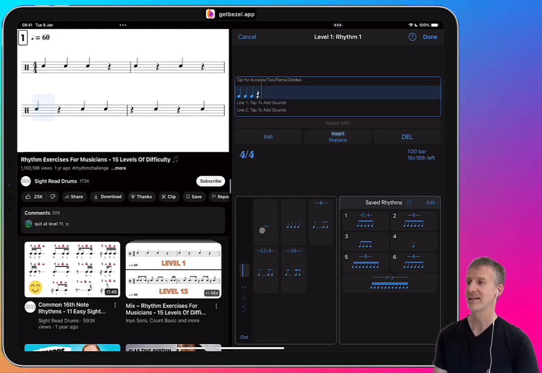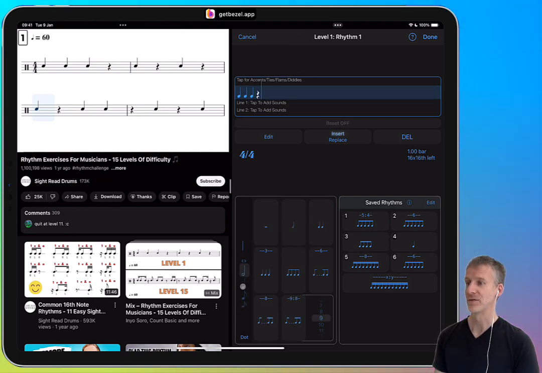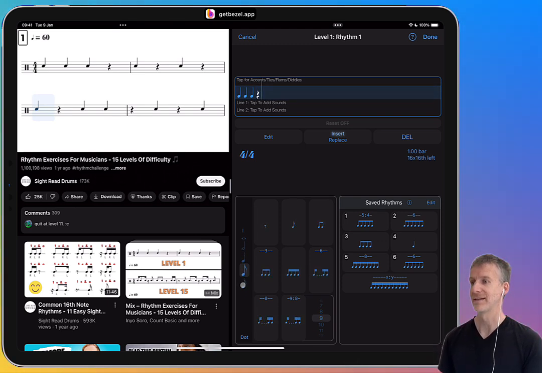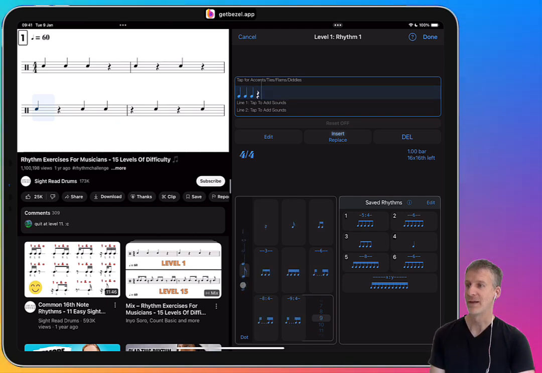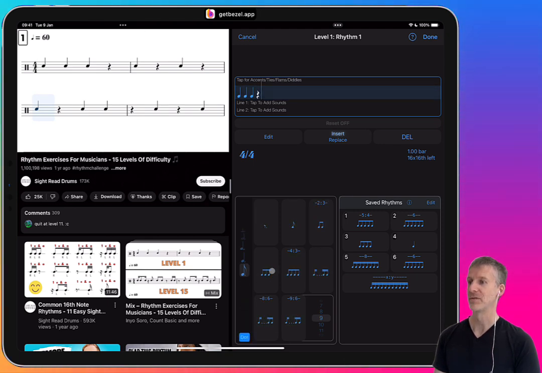So when this is selected, these buttons will give you subdivisions of a bar, no matter what time signature the bar is in. This one will give you divisions of a whole note. This, divisions of a half note, divisions of a quarter note, an eighth note, and a 16th note. And then if you select the dot at the bottom for any of these, they become divisions of a dotted